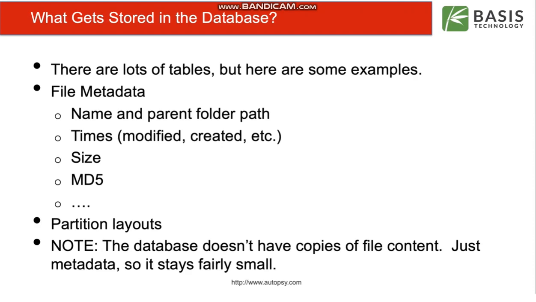So what's in the database? There's a bunch of stuff in there. There's a lot of tables, but here's some example high-level things that you care about. There's a table with all file metadata in it. So in this table, you'll find the file names, parent folders, file times, such as the modified times, the created times, the change times, file sizes, MD5 hash values, permissions, etc. Everything about a file, there's a table for it. You'll also find information here about partitions and volume systems, a whole bunch of things. Anything on a file, disk image, data structures is going to be in this database. The big thing to know, though, is that the database does not have copies of file content. It just has metadata. So this database will stay fairly small. It's just the structural information about the files in the